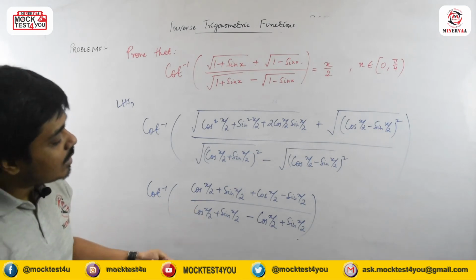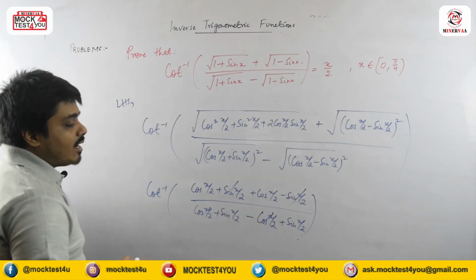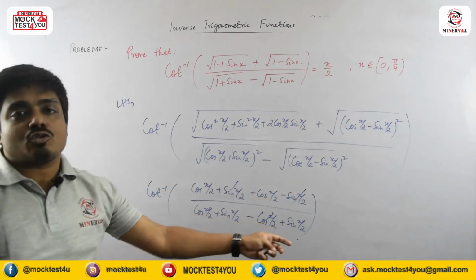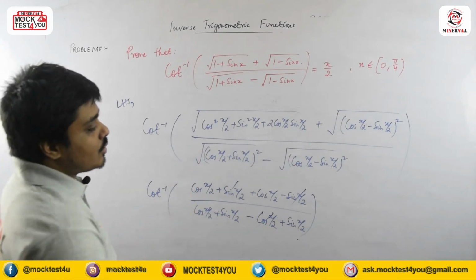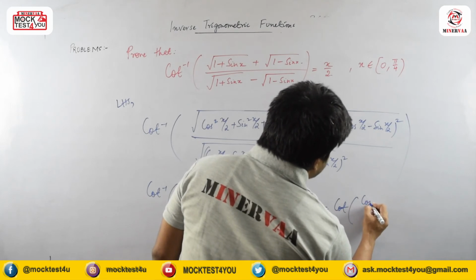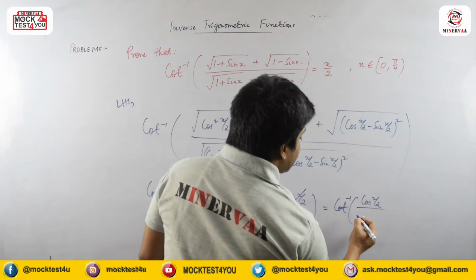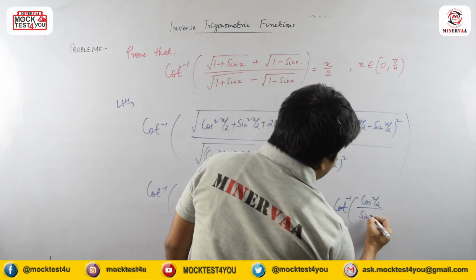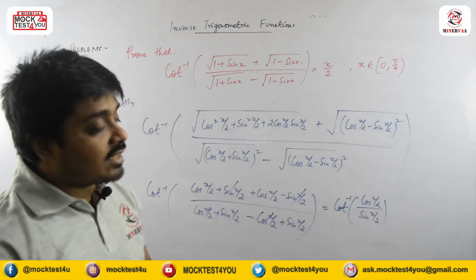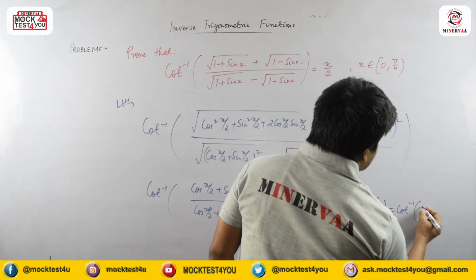Now when I see this one, we can cut. So this one and this one we can cut. Then this one and this one we can cut. So what we have is 2 cos x by 2 divided by 2 sin x by 2. So the 2 and 2 will get cut. So basically what we have is cot inverse of cos x by 2 divided by sin x by 2. So this cos x by 2 over sin x by 2 is nothing but cot x by 2. So cot inverse cot